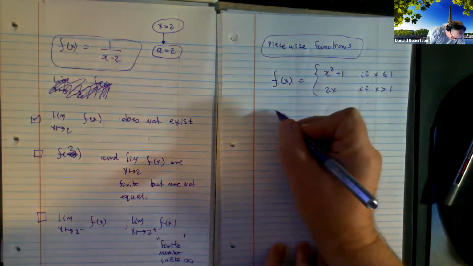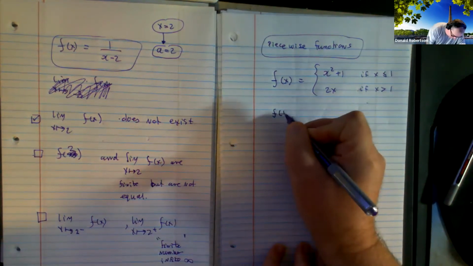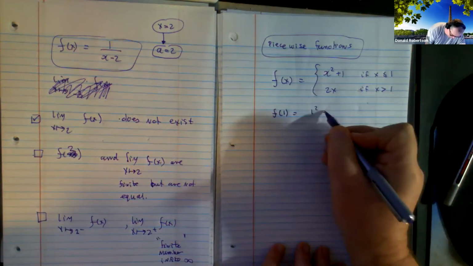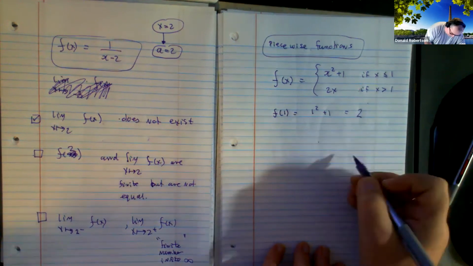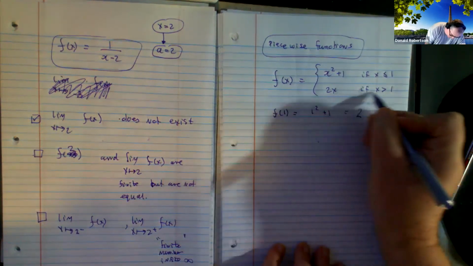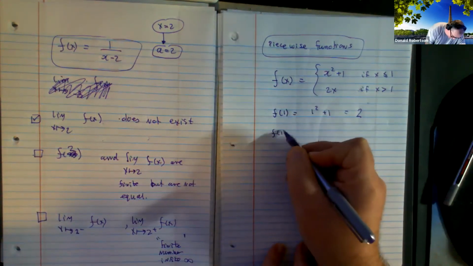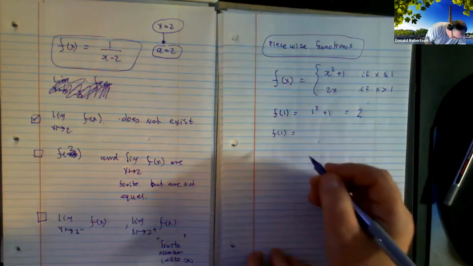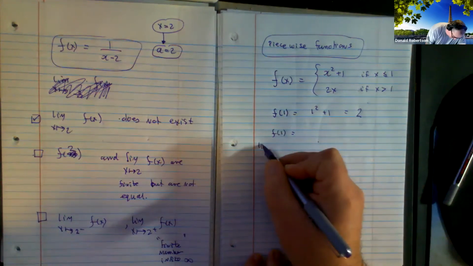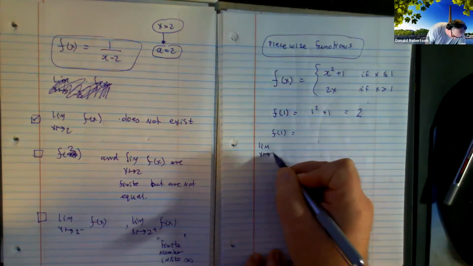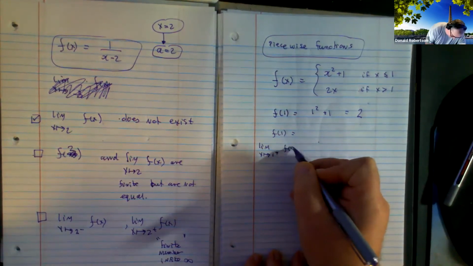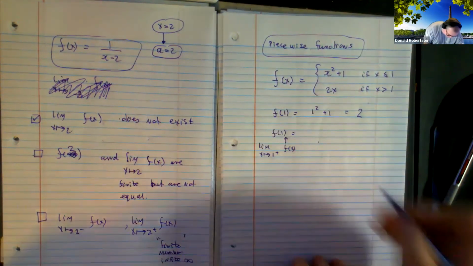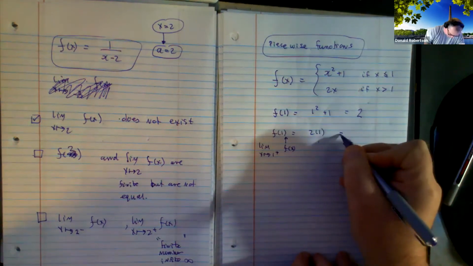What you do is you find the value of the function at 1, which means you plug it into here, and that's 1 squared plus 1, which is 2. And then you find the value at this side. Now, technically speaking, I shouldn't be able to use x equals 1. So what I'm really doing is finding the limit as x tends to 1 from the right-hand side of this function. But for all intents and purposes, I can do a shortcut in that. Can't I just pretend that it is 1? Because I know that's what its limit is.